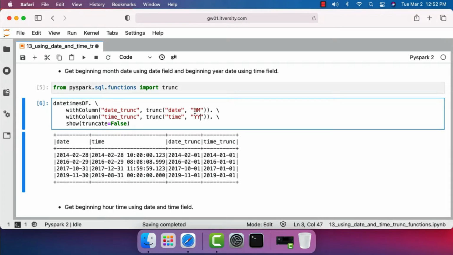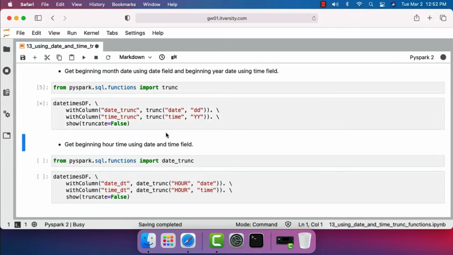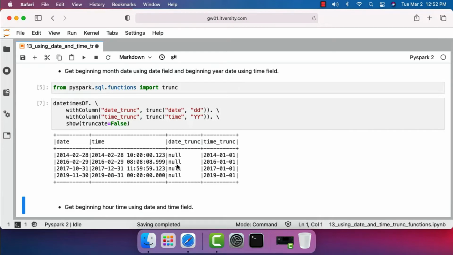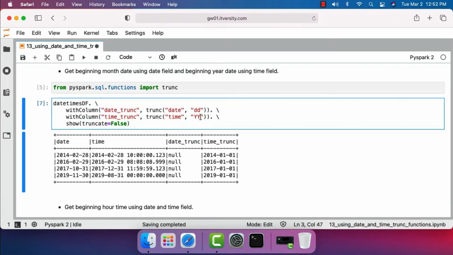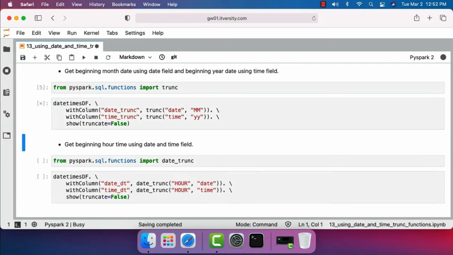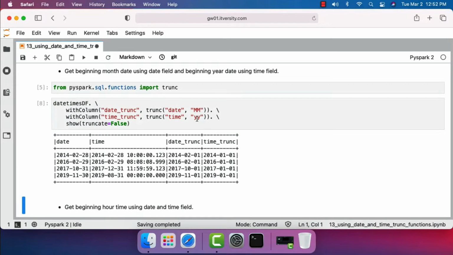If you try to change the format to some other value than month or year, it will not work. In this case, I'm trying to use DD, which is for the date, and if I run this, you can see that it will not work as expected. You can see we are seeing null values. When it comes to year, we have to pass it in lowercase, not in uppercase. Let's change this to yy in lowercase, and this should work without any issues. When you use capital Y's, sometimes it will not show you the correct results. Make sure you always pass the year using lowercase, not uppercase. Earlier I had a bug in my format, now I have fixed it.